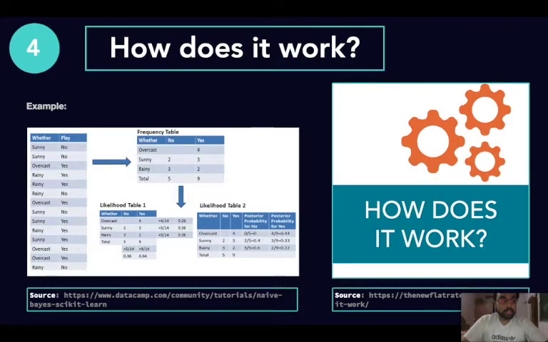So we have a little table here, where we can see that it predicts whether we should play yes or no if the weather is sunny, overcast, or rainy. First we would need to create the frequency table. That means we would count how many times we can play when it is overcast, sunny,